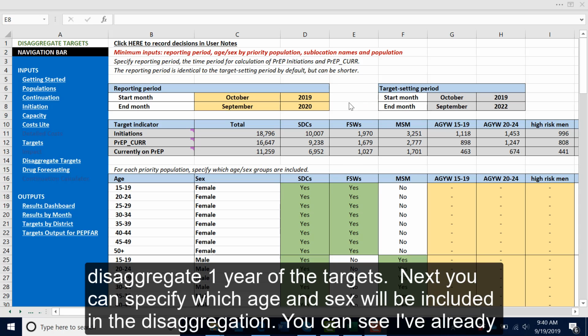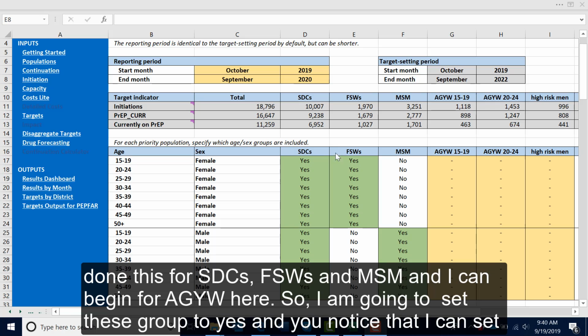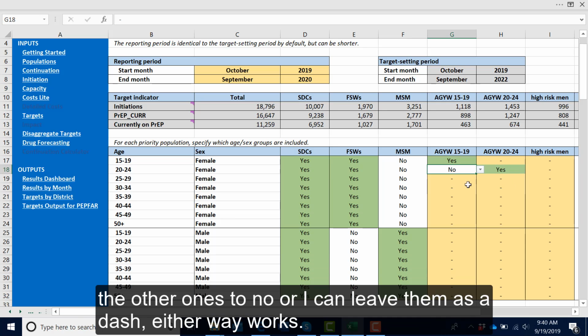Next, you can specify which age sex groups will be included in the disaggregation. You can see I've already done this for STCs, FSWs, and MSM, and I can begin for AGYW here. So I'm going to set these groups to yes. And you can notice I can either set the other ones to no, or I can leave them as a